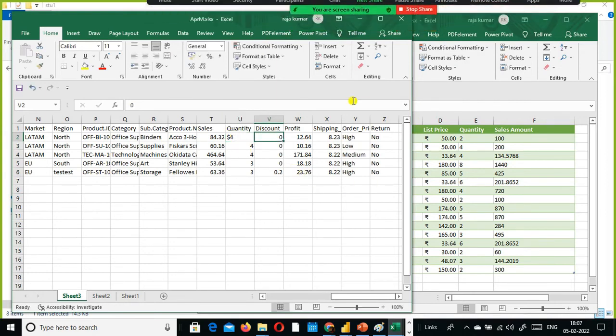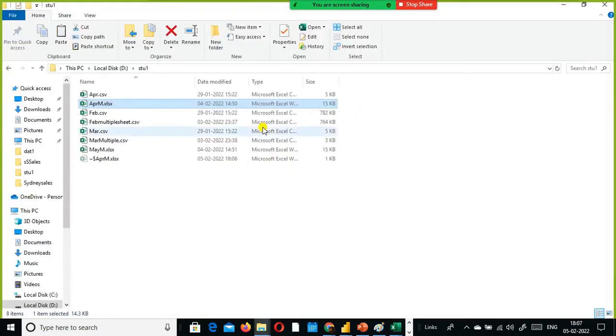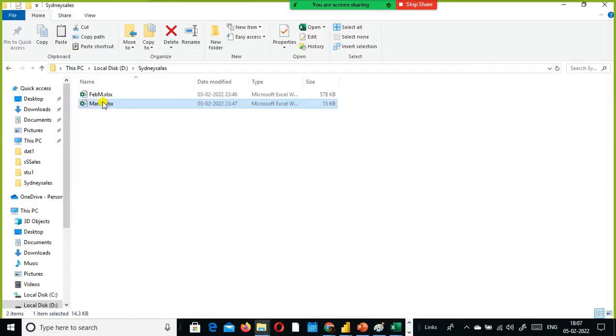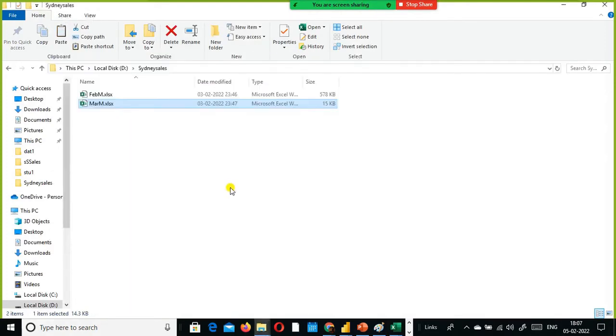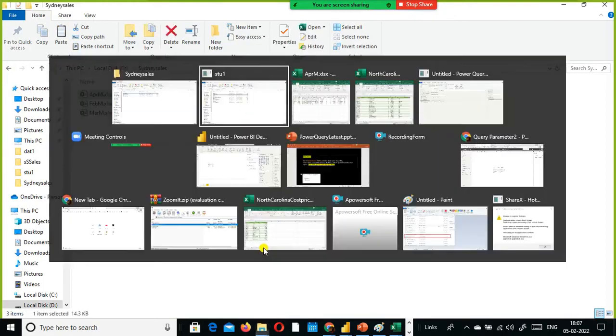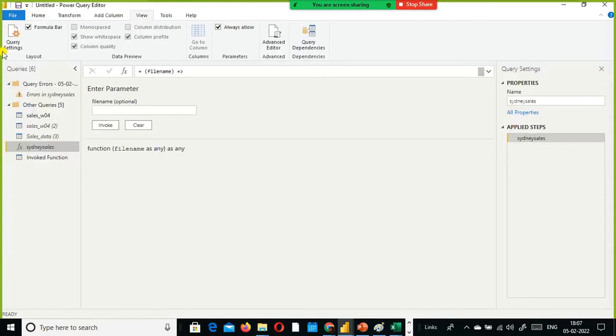Now let us see what happens while loading it. This record should get rejected or it should throw some error. I just simply copy and paste it here. Fine, we are done with this. Now I am going to specify this folder name. I am going to invoke this function. I am going to apply this function once again on that folder's files. Click invoke.